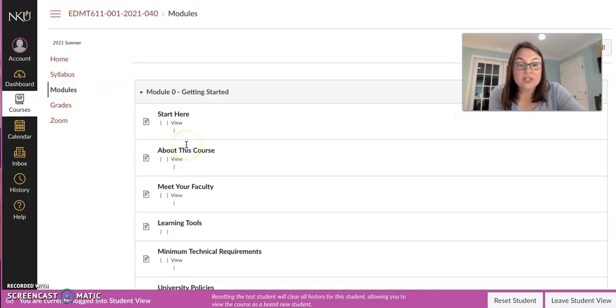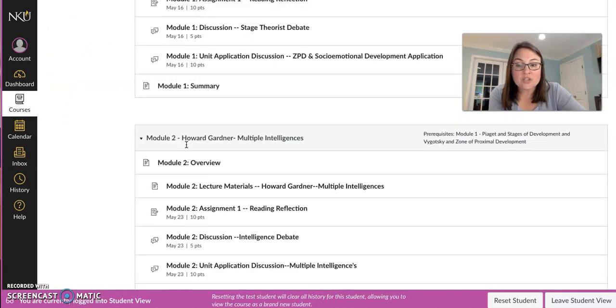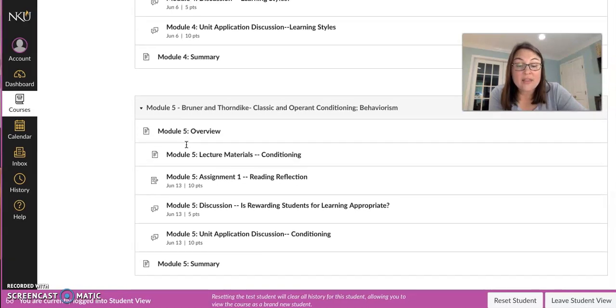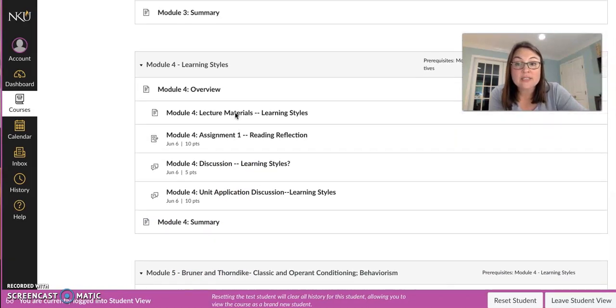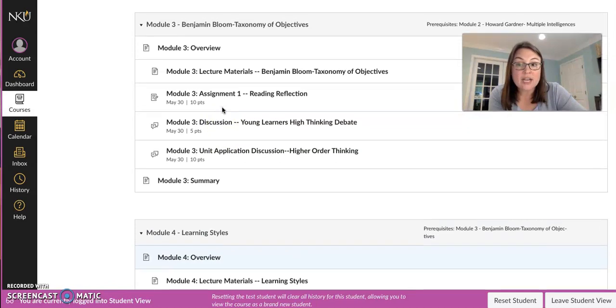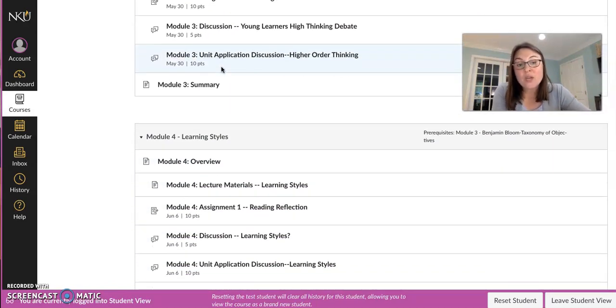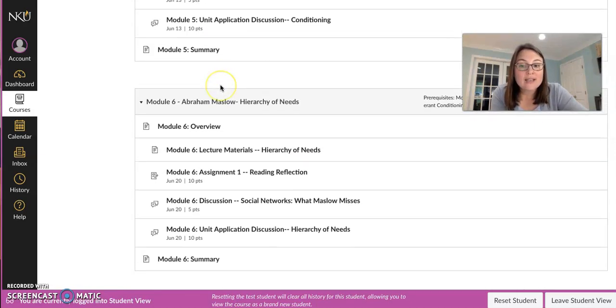Let's dive into Module 7. I'm going to jump ahead a good deal. And we can see here that there are several different theorists. Here's some different learning styles we're going to talk about. Another theorist that we're going to be working with, and every week we're going to be tweaking that lesson plan a little bit, that unit a little bit, showing what we know, showing that, hey, someone wrote this, but now that I know more about Bruner, I am going to change my lesson plan here or there just a little bit. Because at the very end,